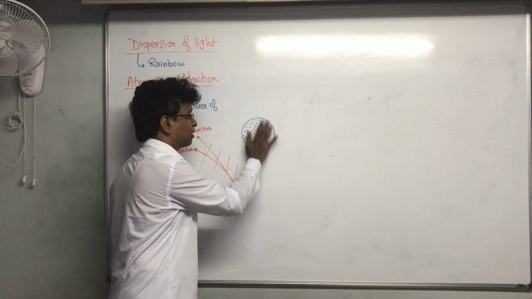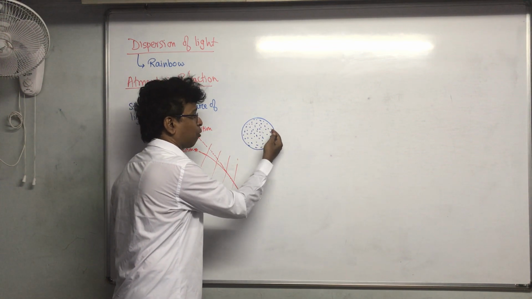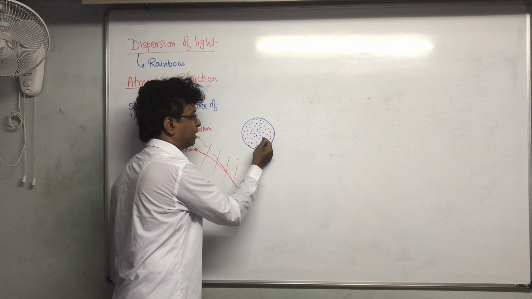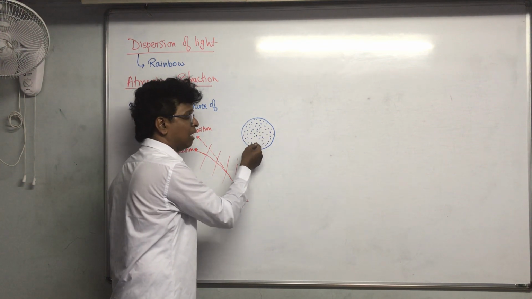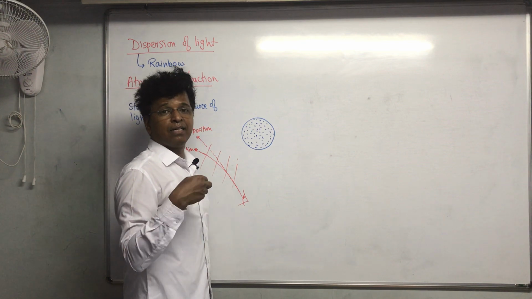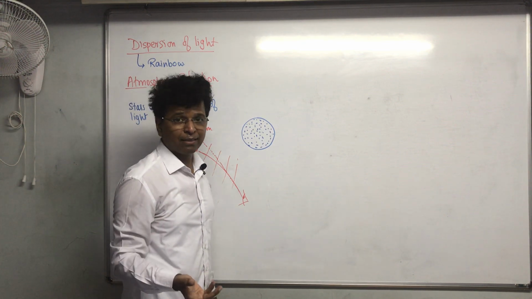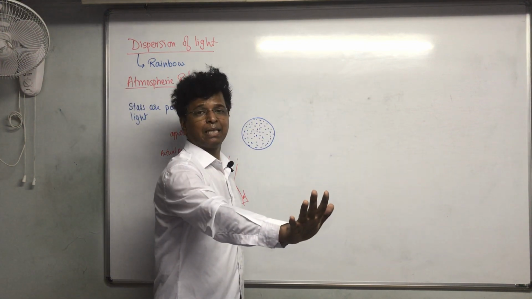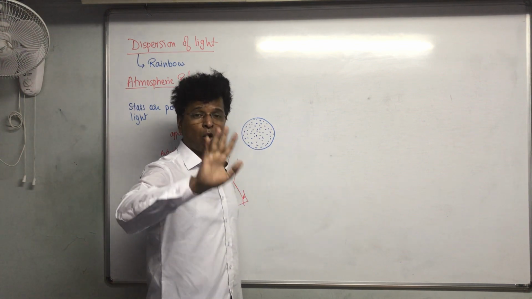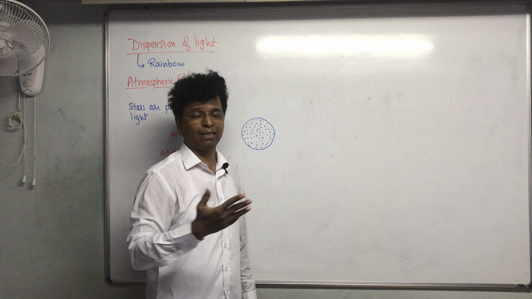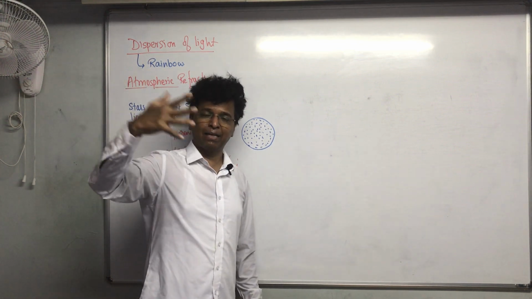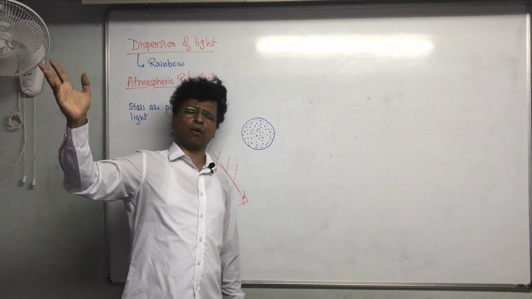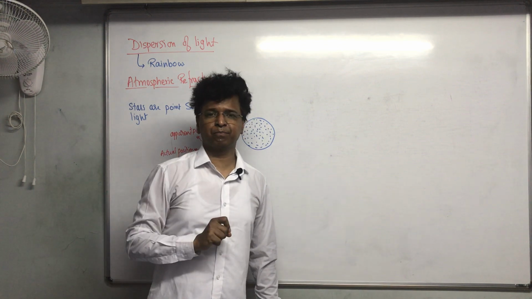The intensity of this point source will be increasing, the intensity of this point source will be decreasing, this will be increasing. Every point source will be having a different intensity of light refracting from its side, and then eventually all of them get averaged somewhere, and the same intensity keeps on coming from there. That's why moon or the planets don't twinkle. Moon is a satellite, but even like the moon or any other planet, they don't twinkle, whereas stars twinkle, because stars are very far away from us and they are point sources of light.